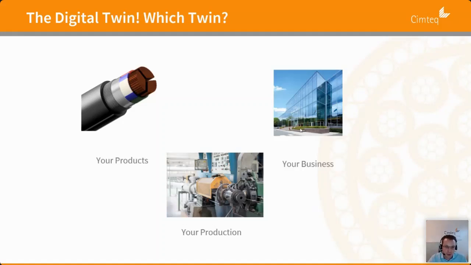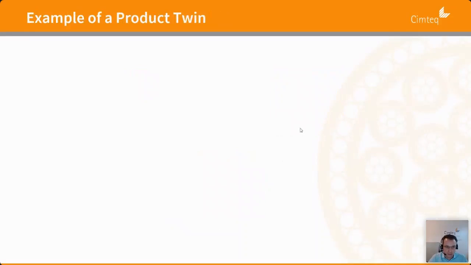So a twin is basically a model of your real life, either products or processes or equipment, so that you can analyze that data, you can work with that data digitally to really understand what's happening and to make the process more efficient. Let me give you an example of what I mean by this. If we talk about the product twin,